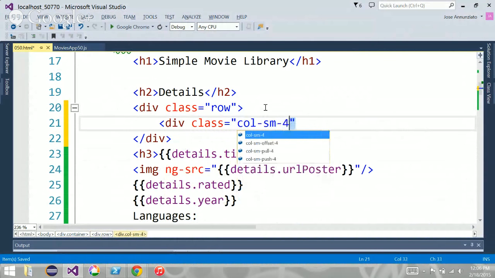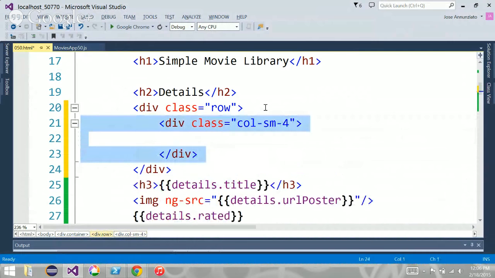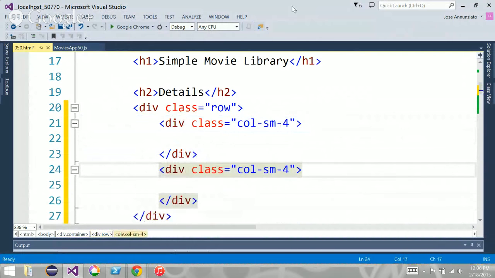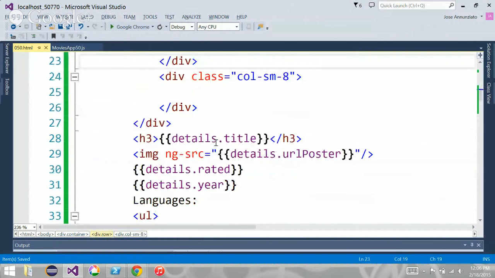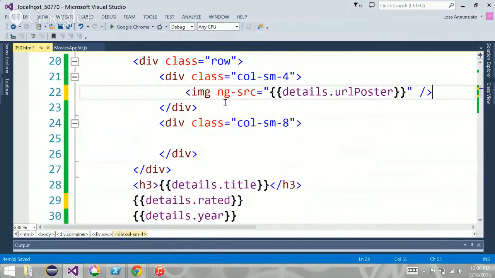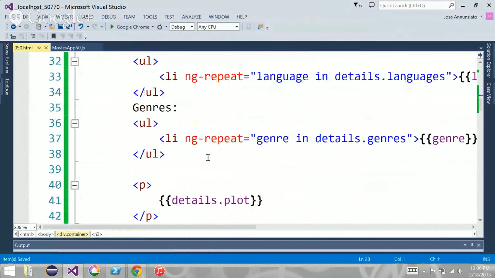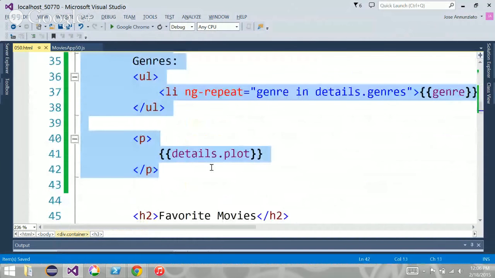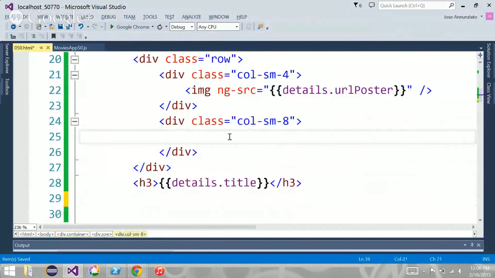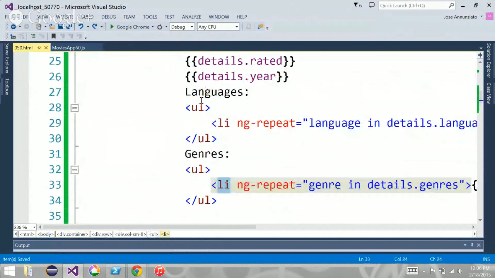Of size maybe 4, and maybe on the right hand side we can have the remainder space occupied. So we could have the image in here, the image on the left-hand side, right? And maybe we could have everything else, right? Everything else, right, on the right-hand side. How's that?